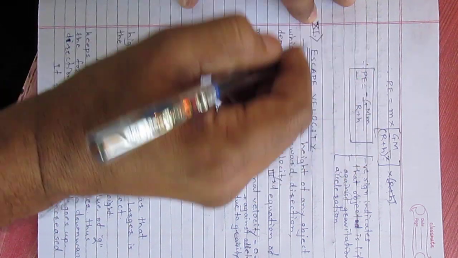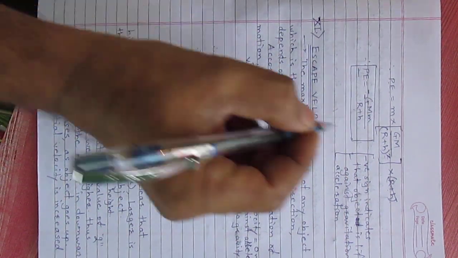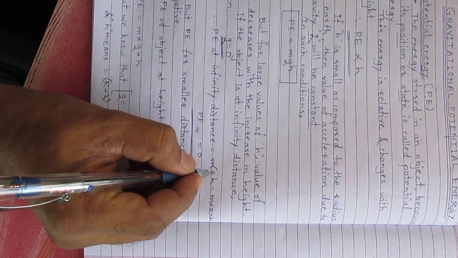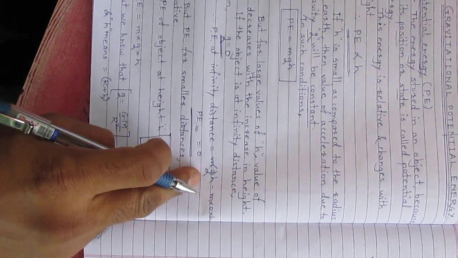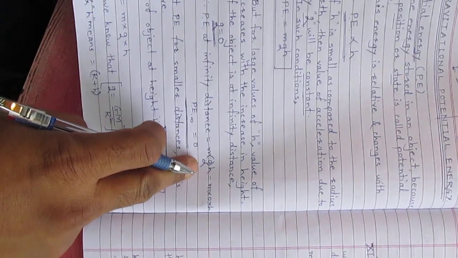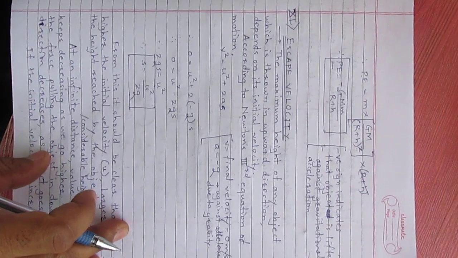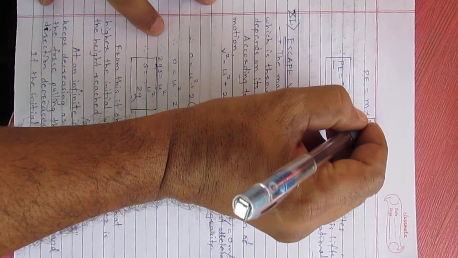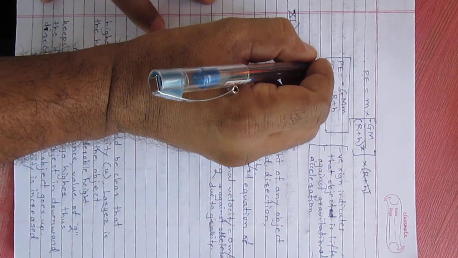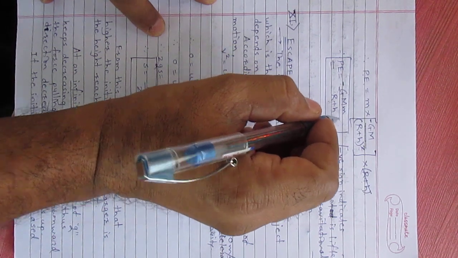Why this negative sign? Because here in this equation g will be negative. Why is g negative? Because the motion or the displacement is against the gravitational pull, or against the acceleration due to gravity. Therefore g will be negative, and therefore the negative sign will be considered. Therefore potential energy is equal to minus GMm divided by r plus h.